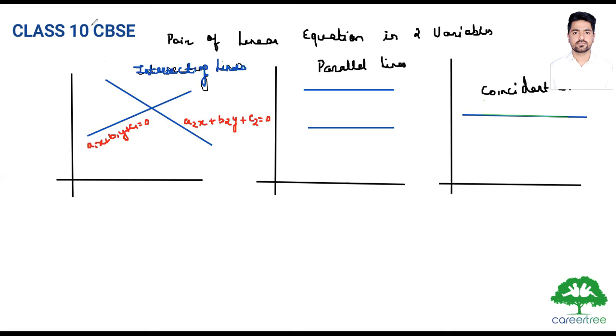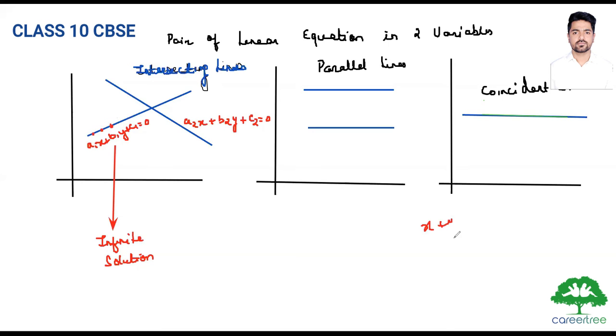Now this line will have infinite many solutions, correct? Any one particular line has infinite solutions, right? This is also a solution. This is all the solution. This is also. What is the solution of an equation?